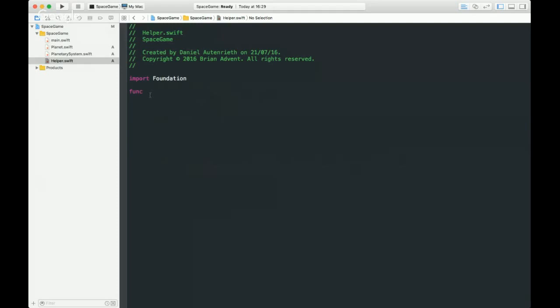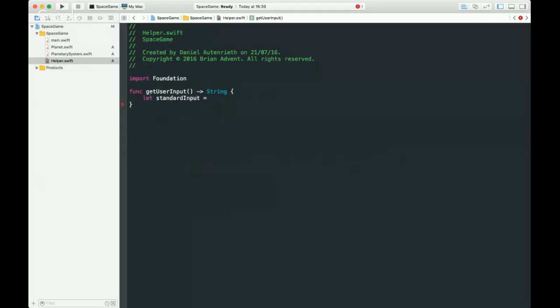So we're writing a function with the func keyword, and we're going to call that get user input. We don't need any parameters here, so just some parentheses without anything in it. But we want to return something, which is a string, which is going to be the user input. And to do that, we are using some Foundation classes that Apple gives to us, and we will create a constant called standard